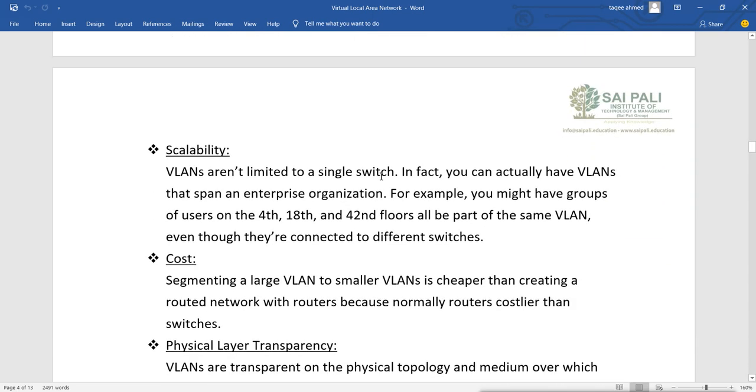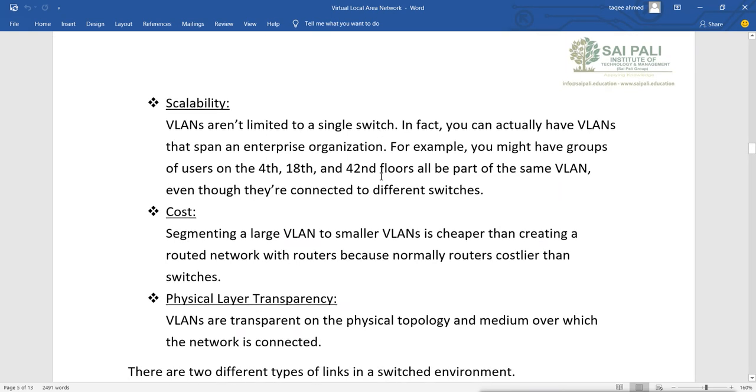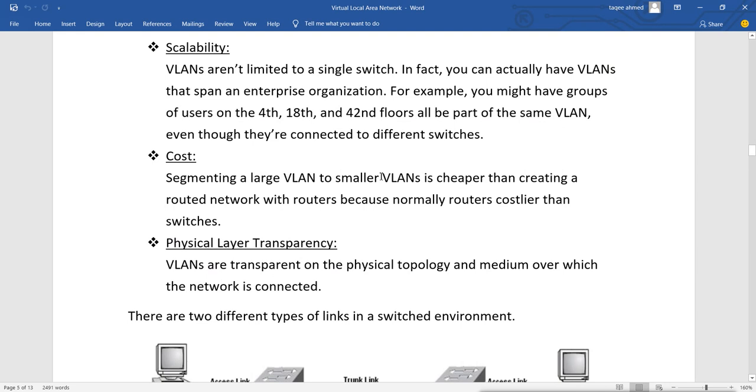Then it is scalable also. That means we can scale the network, create a big LAN with multiple switches, and create VLANs for those switches. It is also cost effective, because separating LANs can be done by routers, but routers are costlier, so we can use VLANs to separate the LAN into virtual LANs.